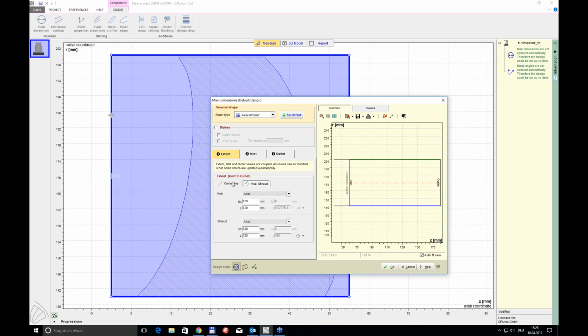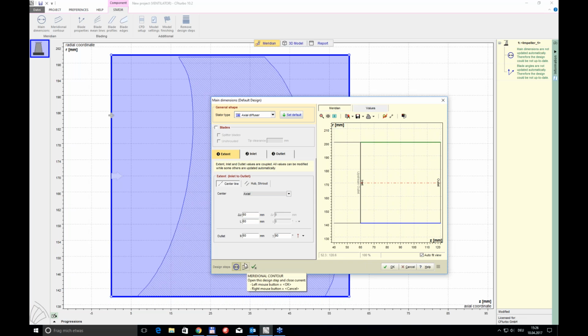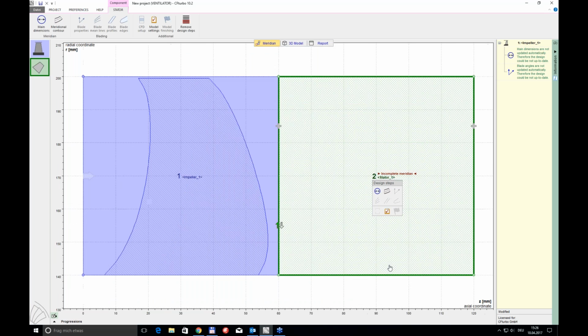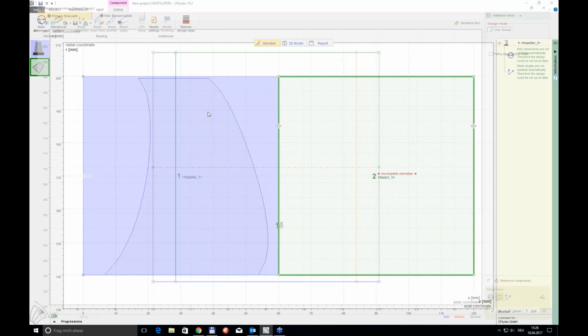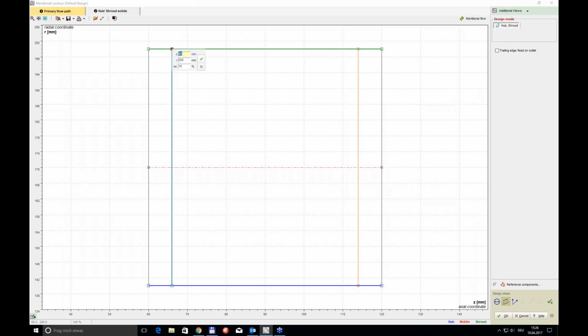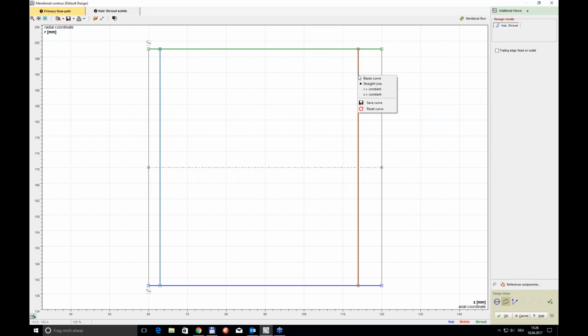And here I'm just telling it how long the actual extent should be of that bladed fan. Where is the location of the leading and trailing edge? So here, for instance,